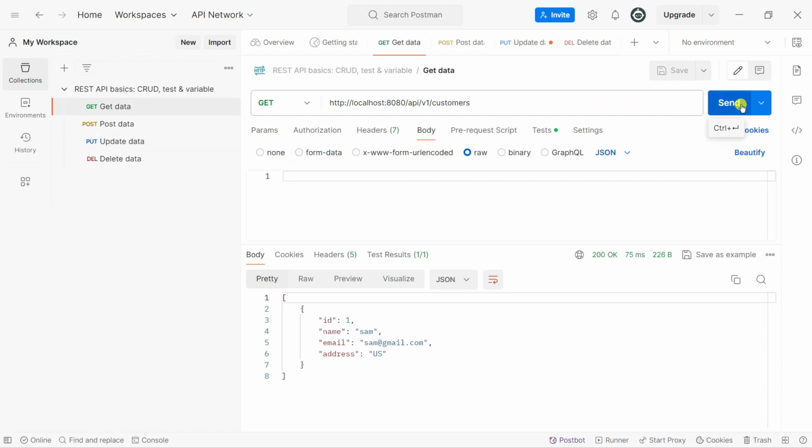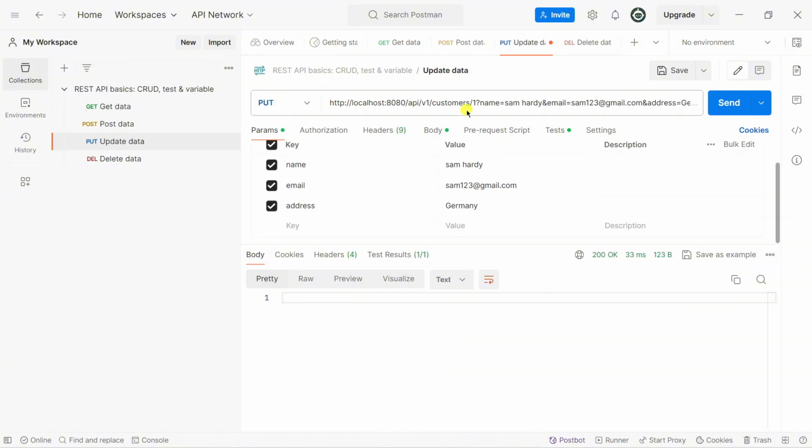and in the get request here, click on send again. So now we have successfully used the put mapping to update the information of the customer. But here we have one issue. The name, email, and address must always be present in the path.